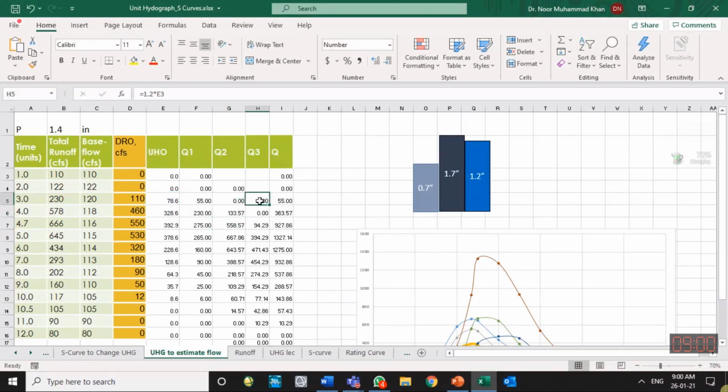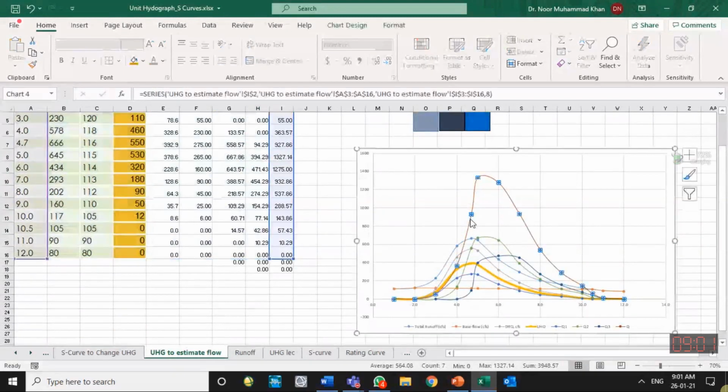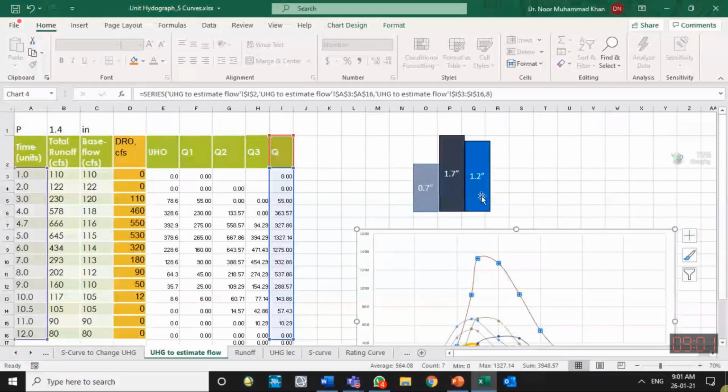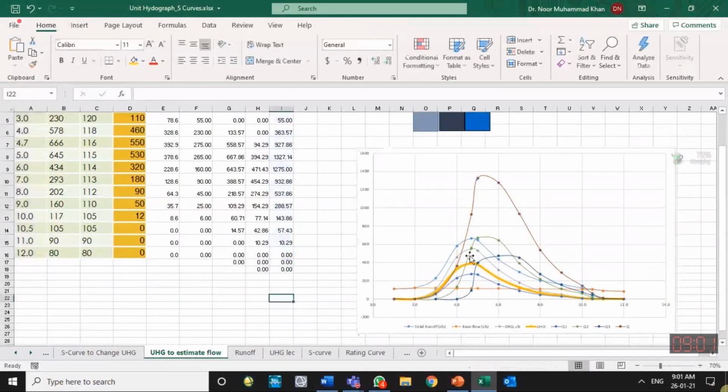In this way, for the third one, we have generated it similarly: the unit hydrograph ordinates multiplied by the 1.2 inches of rainfall. When we sum them together, we get the overall direct runoff for the whole basin. That is shown over here, the overall direct runoff hydrograph. You see it has a total duration of more than 10 hours, although the storm is 1.5, 1.5, 1.5, total 4.5 hours duration.